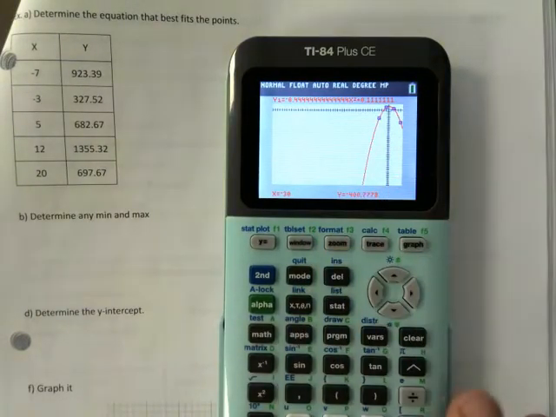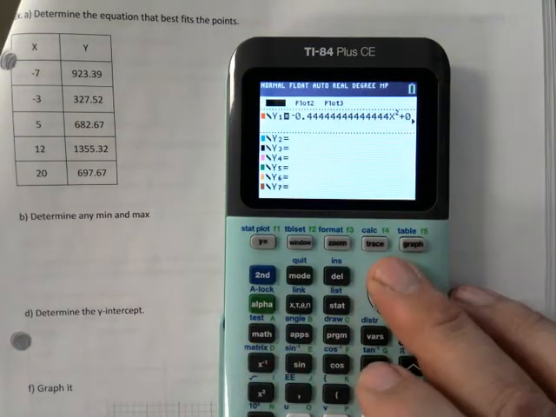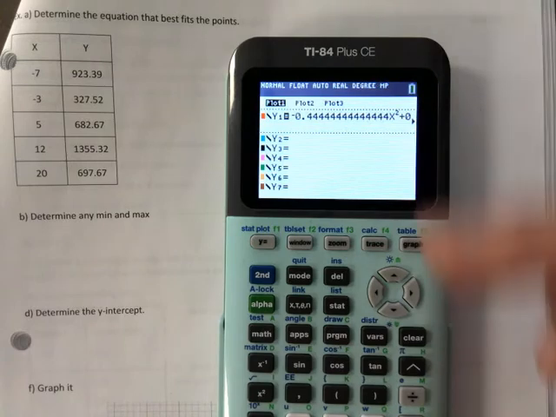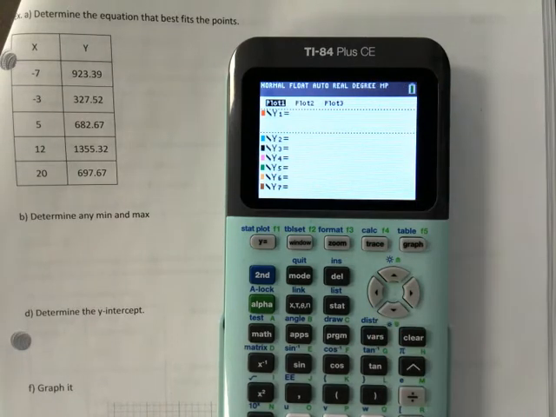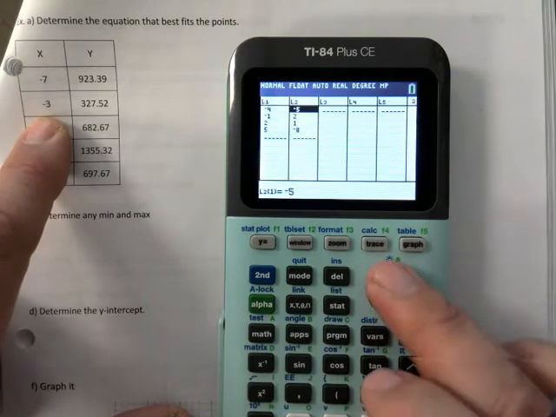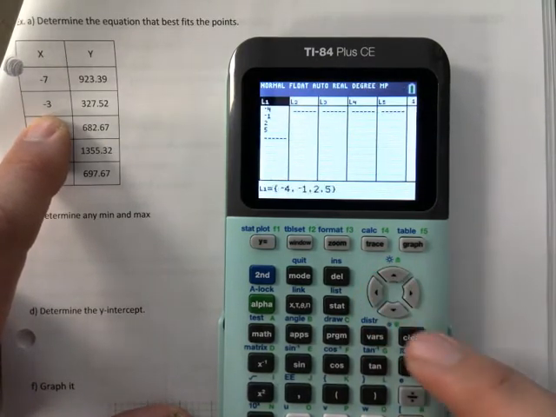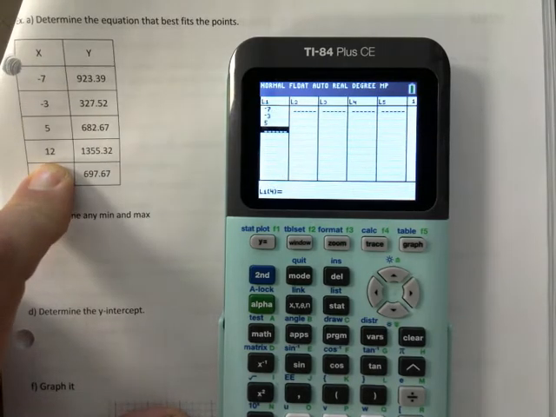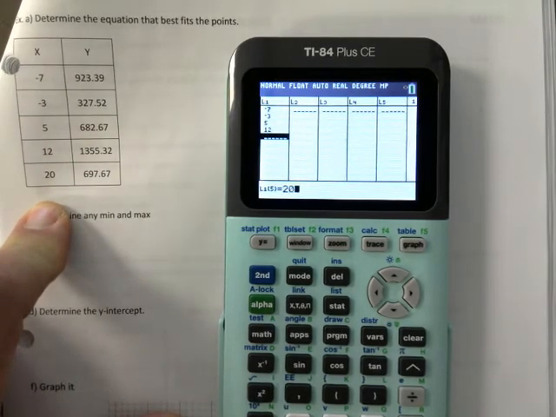Determine the equation that best fits the points. So enter these points. The first thing you would want to do, guys, is make sure plot 1 is on, right? Like, let's say you just entered an equation, you did not need plot 1, but now you're performing the regression, make sure it's on. I will clear whatever is in Y1, and now I'm going to enter this information. I'm going to clear both columns, and so -7, enter, -3, 5, 12, 20,